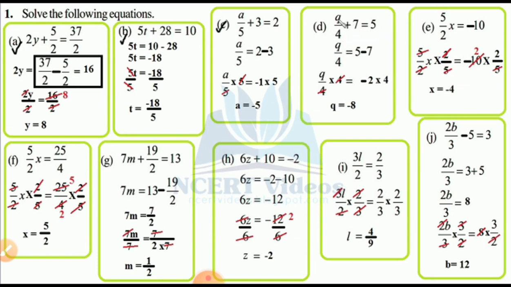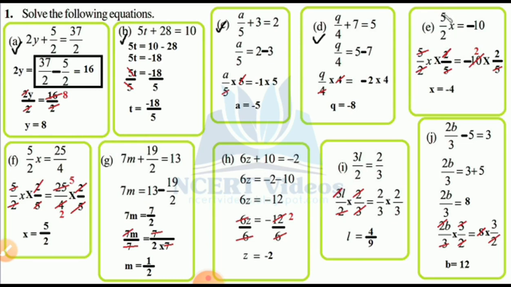Q/4 + 7 = 5. Same questions according to C. Why do I multiply by 4? Because 4 is in the division place, and I want to remove it. I can multiply both sides by 4. Same way here, no transposing; directly we can cut it. I want only x on the left side and whatever is there on the right side.